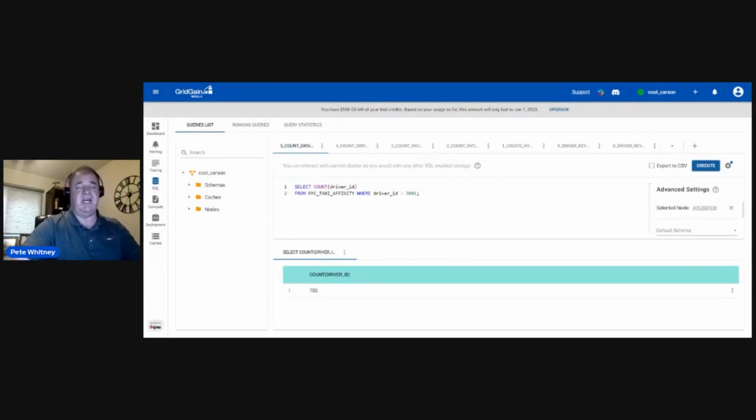And lo and behold, it does. So what we can see is that for this particular driver, the system chose the third node to be the host to hold all the records for driver ID 3001. Now you'll find that there are, in fact, other driver IDs on the other three hosts, and those will be